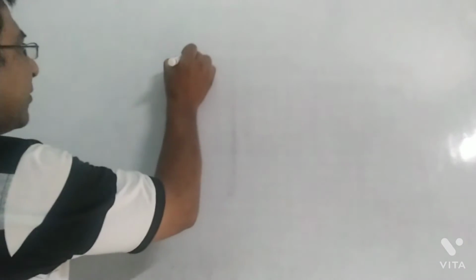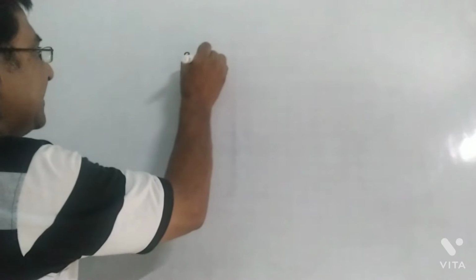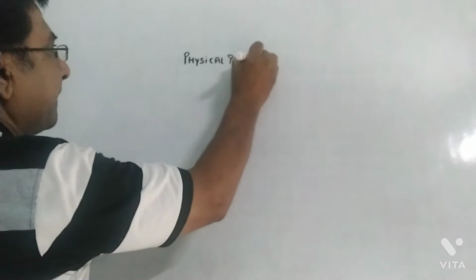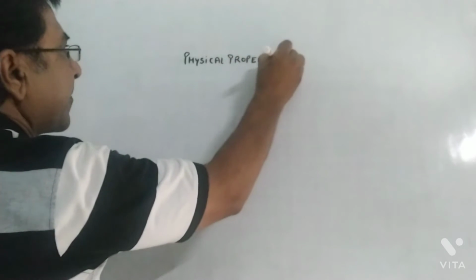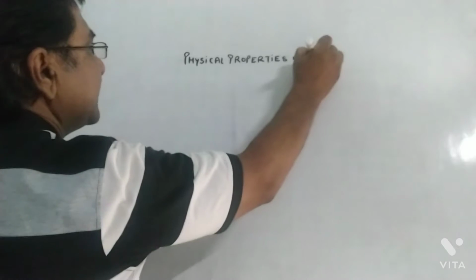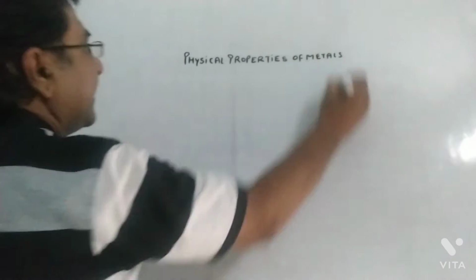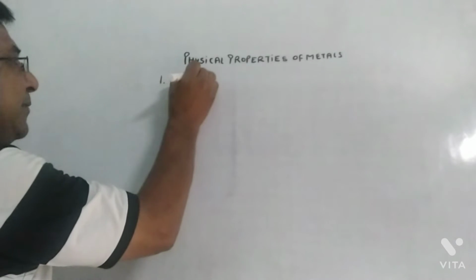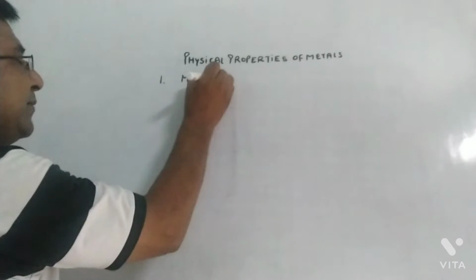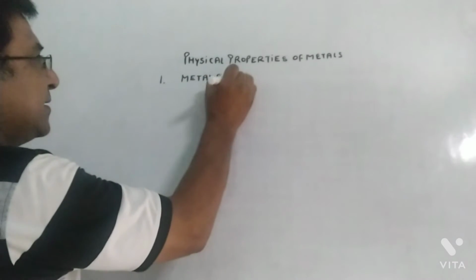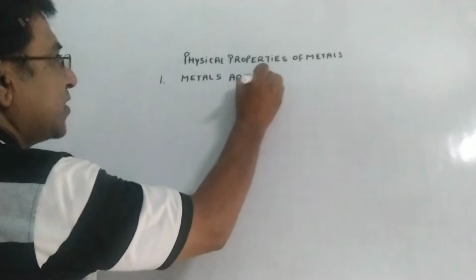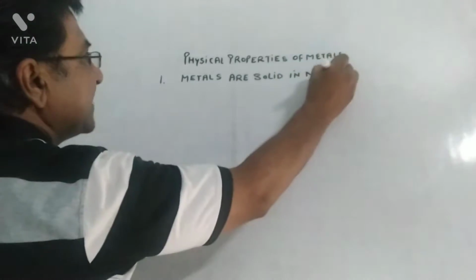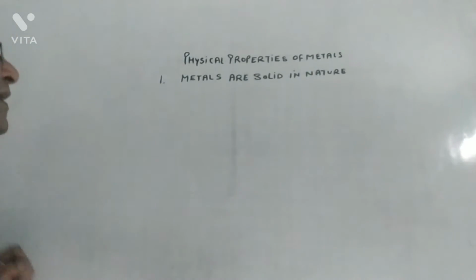So, physical properties of metals. Right? First is metals are solid in nature. I'm discussing this, you will understand why I'm discussing this. Metals are solid in nature. Let's go back and understand what do you mean by solid and how it affects